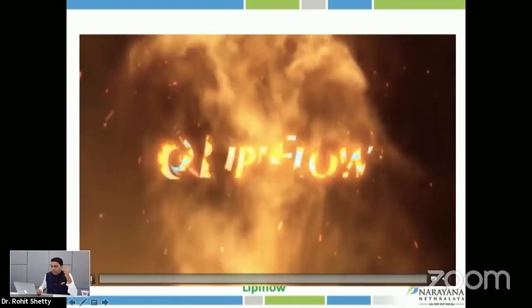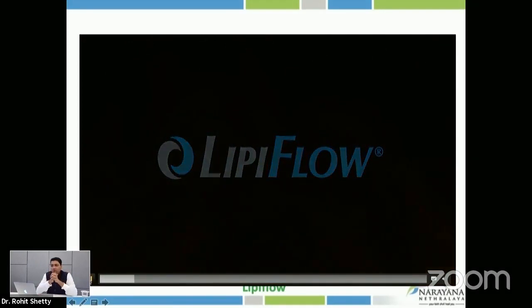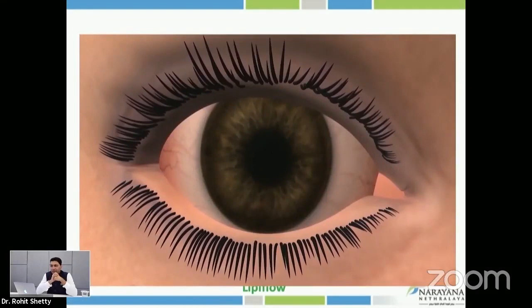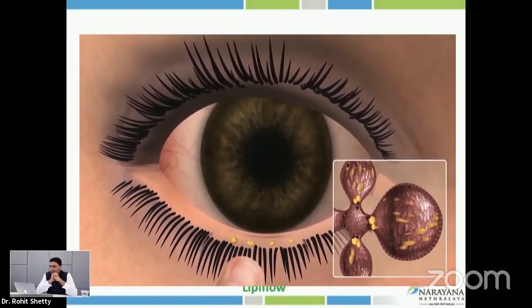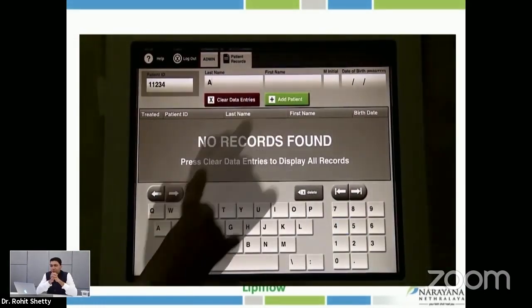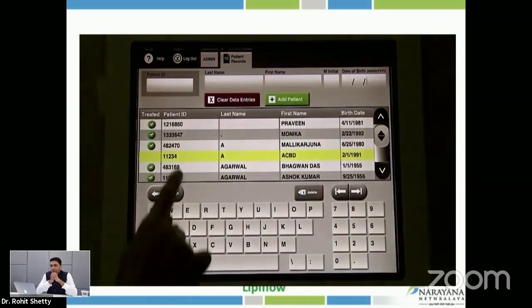This is a small video I'm just going to play on how it is done. My colleague, Dr. Pooja, will explain how it's done in real time in the live procedure. These are all the signs of the gland changes. And this is a screen which you're going to see once you feed in the data of the patient. And after all this is done,